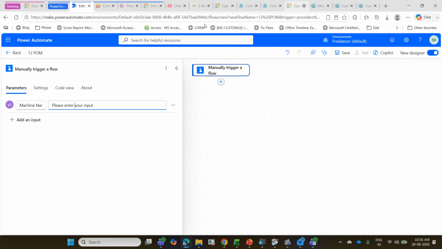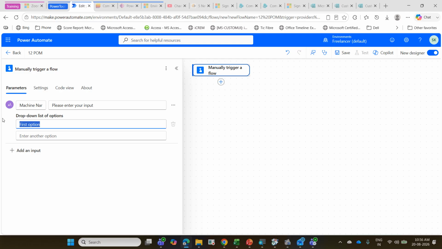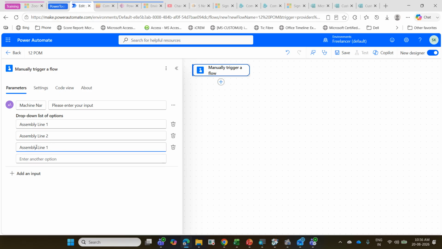So here first option I will press Control V. Second option Control V, assembly line 2. Control V, assembly line 3. Control V, assembly line 4. Control V, assembly line 5. I don't know how many are there. I have given till 5. Okay. So we have created an input parameter, machine name, and in a drop down I am displaying the machine name. That's it. Next, click outside, plus symbol,